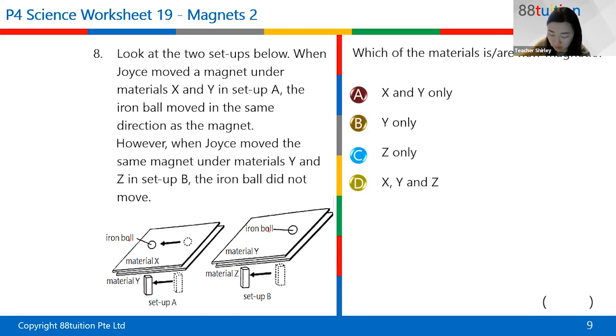Question 8, all of you got it wrong. Let me see. When the ball does not move, it tells you that material Y is magnetic. I'll explain why. When the ball is not moving, the material is magnetic because magnetism can attract magnetic material. It can attract it, but magnetism